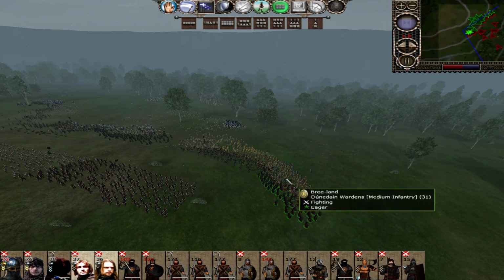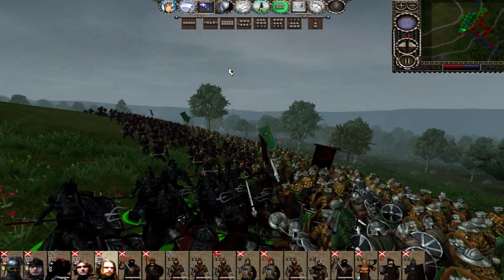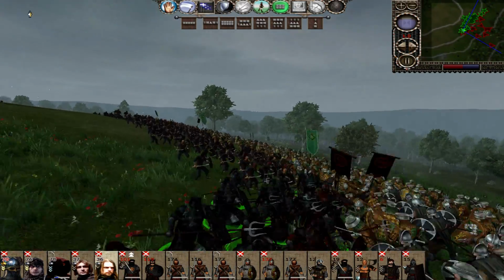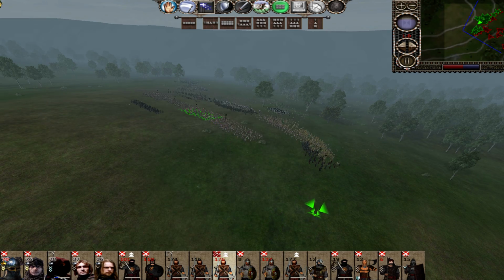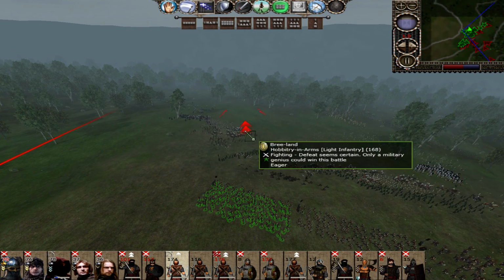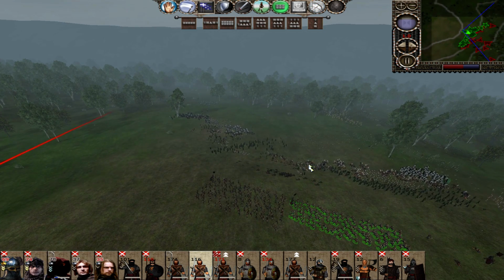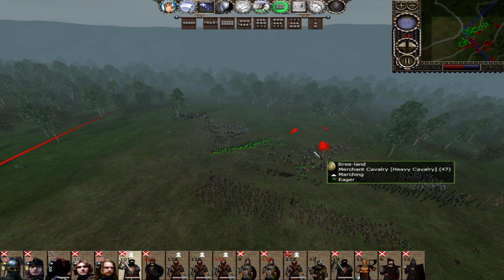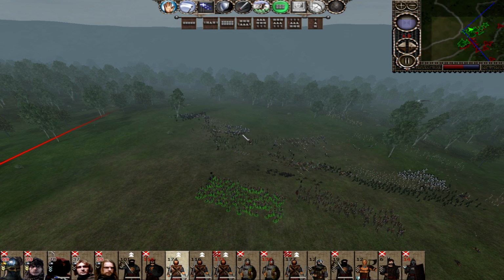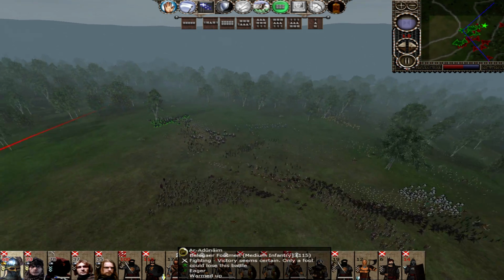How are we doing over here? Oh, the Adûnâim Wardens have gone up against our bodyguard. Excellent. Archers, have you all finished your arrows? Yes. Let's get you involved. Oh, you guys haven't. You guys have. You go and get involved as well. Likewise. Just charge into the lines. There we are. Smashing that cavalry as expected.